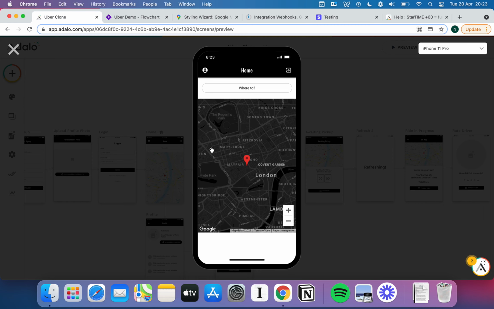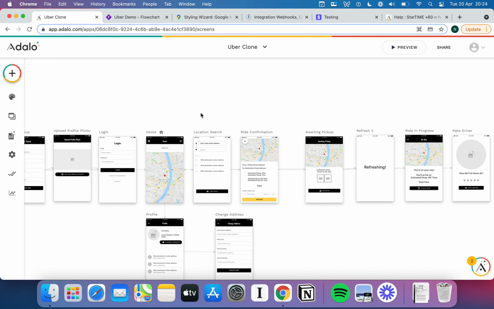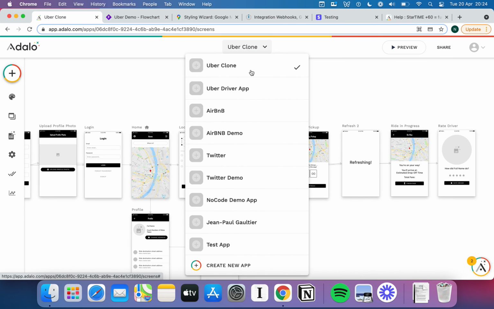I'm sure when you build your own version of an Uber app, your driver probably won't have a giant fluffy Samoyed dog as the profile photo, but other than that, this is the sort of thing that we're trying to build here. Of course, you can hit log out, etc., and get back to the usual sign up screen. So now that we know what we're trying to build, let's go ahead and start building our very own